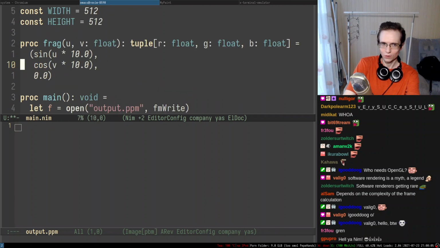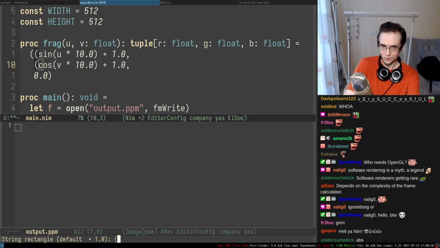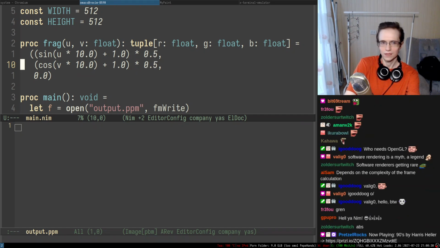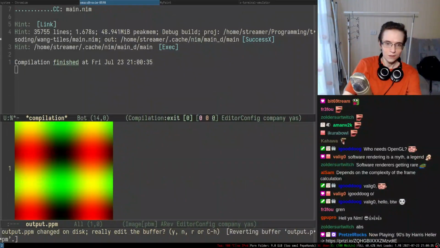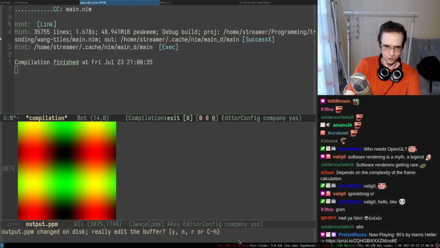You know what's going on? This entire thing is from -1 to 1, but these things have to be from 0 to 1. So you have to do the classical thing of adding 1 and then dividing all of that by 2, right? Maybe you can multiply it by half like this, and then we go here, and there we go. We've got this kind of pattern.